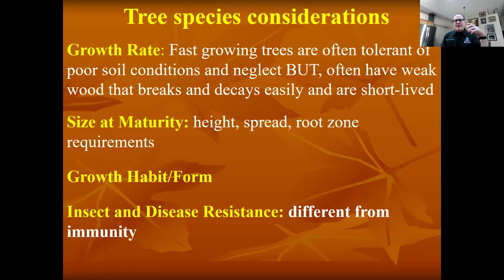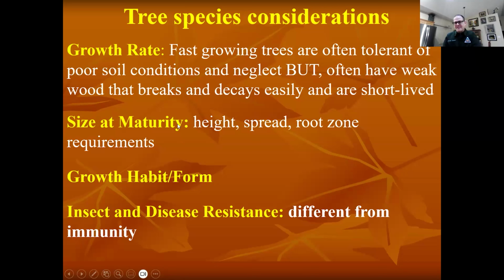So some specifications in general. The faster the tree grows, the quicker you get shade, but the easier it is to fall apart in a wind or an ice load. So the faster the tree grows, the weaker the wood is in general. Just keep that in mind. Oaks grow way faster. If you pick the right oak for your house, they grow way faster than most people think. And their wood is incredibly strong.